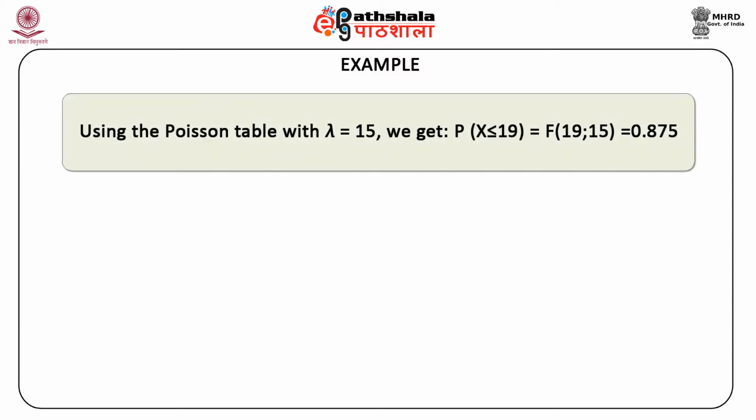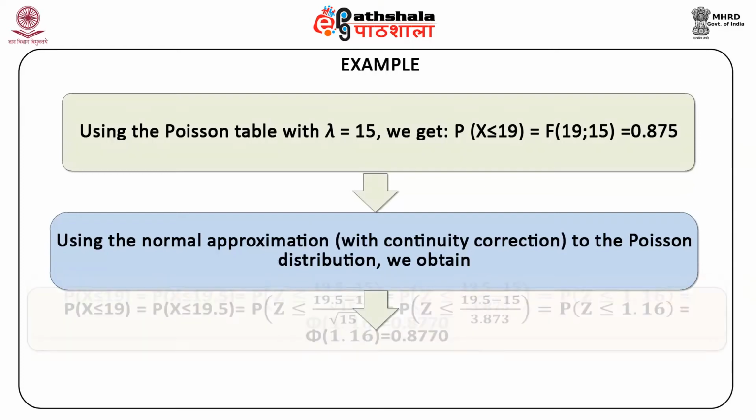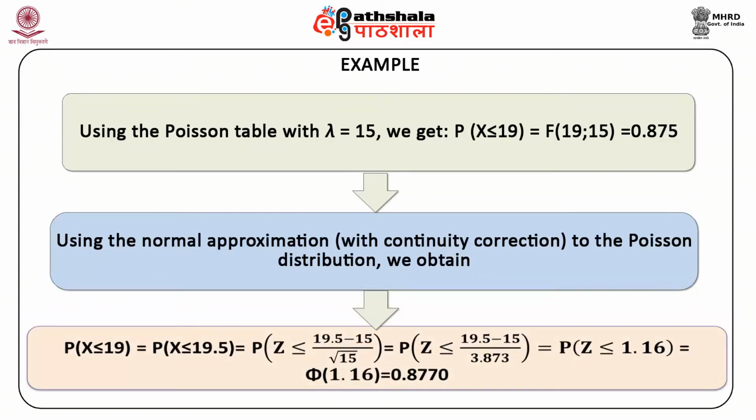Using the Poisson table with lambda equal to 15, we get the probability that 19 is greater than or equal to x, which is equal to f(19, 15), which is equal to 0.875. Now, using the normal approximation with continuity correction to the Poisson distribution, we obtain the probability that 19 is greater than or equal to x is equal to the probability that 19.5 is greater than or equal to x,